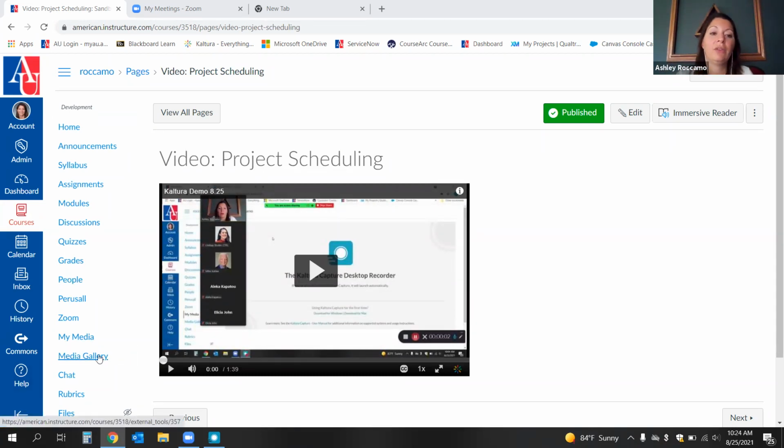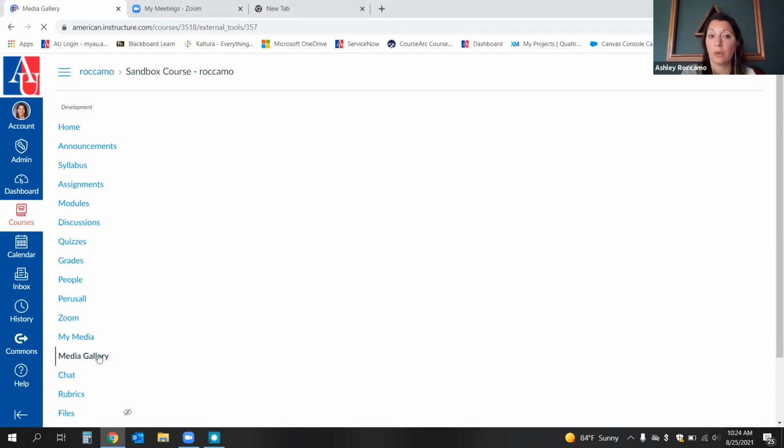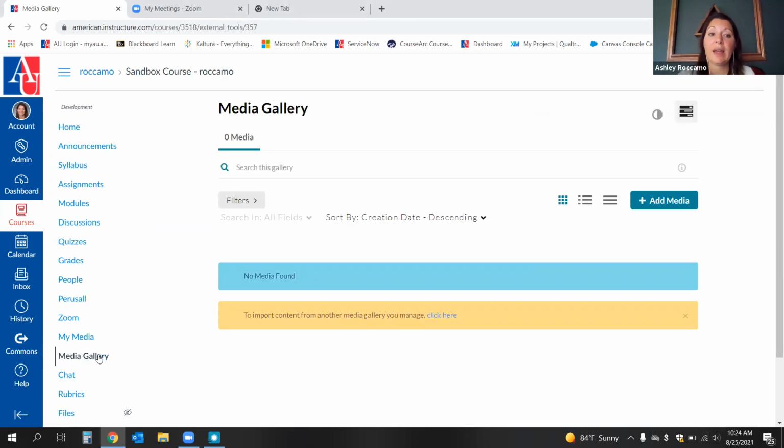The Media Gallery, on the other hand, is tied to the course itself. So the Media Gallery is a space where you can share the videos that you've created with other people. So we just went over one method, which is embedding them into a page or somewhere into your course where students can see them. You also have this option of the Media Gallery where you can share some videos with